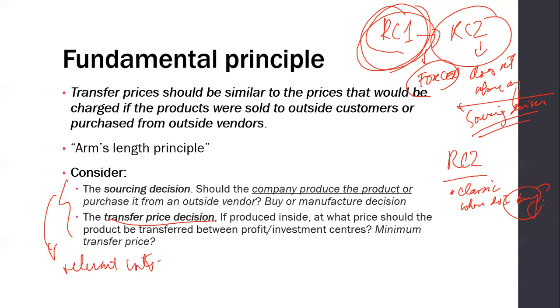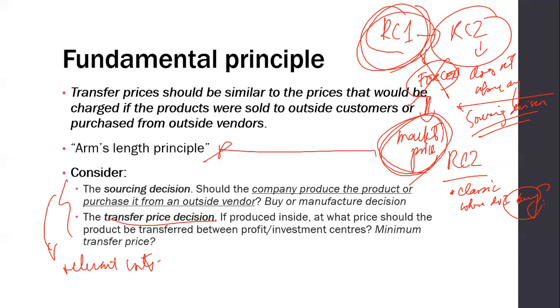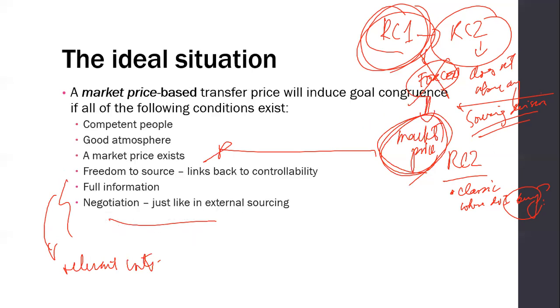Okay? So, the fundamental principle is that transfer prices should be similar to the prices that would be charged if the products were sold to outside customers, which means the selling price here is not forced, okay, but is based on a market price. Okay. And therefore, for market price to happen, the pricing between these two entities must be arm's length. Okay. So ideally, this pricing should be based on the market price. Okay. Market-based pricing